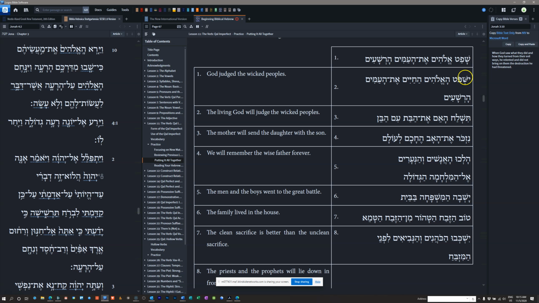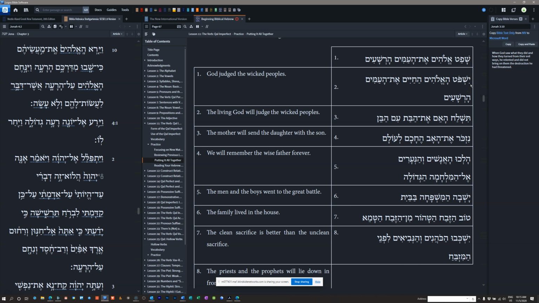We're starting with the expectation of a verb. How many letters is a verbal root supposed to have in Hebrew? 3. How many do I have? I have 4. So, what are my prefixes? What are my suffixes? Is tet ever used as a suffix? No. All right, what about my prefix? Is yod ever used as a prefix? Yes, a yod prefix occurs in the Qal imperfect